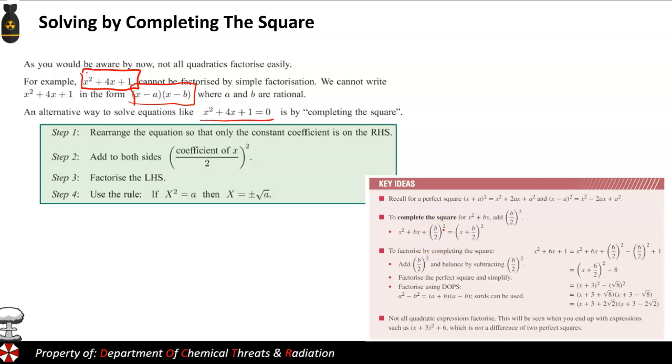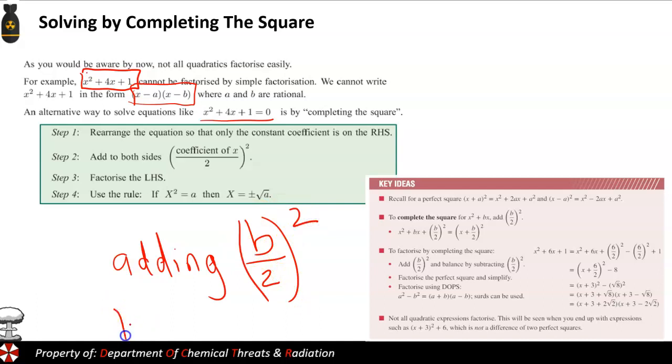I think that's a little bit kind of confusing. It is really what we're doing, but there is another way to think of it. So the rule is basically you're adding (b on 2) all squared to both sides. And this is similar to the previous section where at first it's going to seem like that's